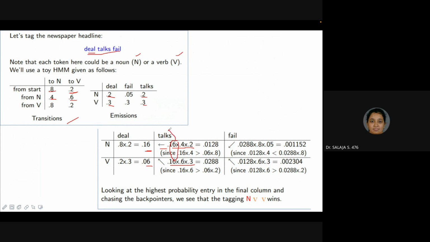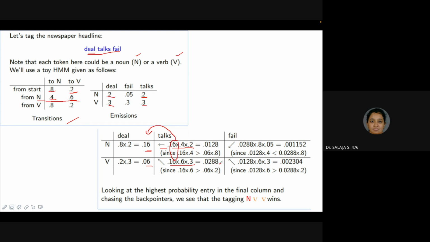The 0.16 came from the previous higher value, where deal is considered likely to be a noun. From a noun, you have two options. If deal is identified as a noun, talk can be either a noun or a verb. Since we have considered deal to be a noun, we take this particular line: 0.4 into 0.2 from here, and 0.6 into 0.3 from here. So you got it, you have an answer over here. Now the highest probability is